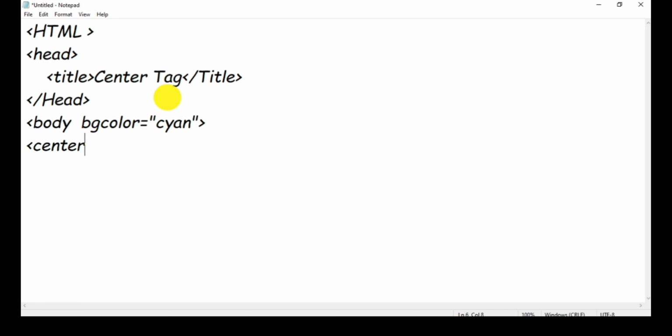One thing you need to remember: in English, the spelling of center is this way, so we should not write it like this. We should write it center, like this. This you need to remember. And then we write the text, Hello friends.